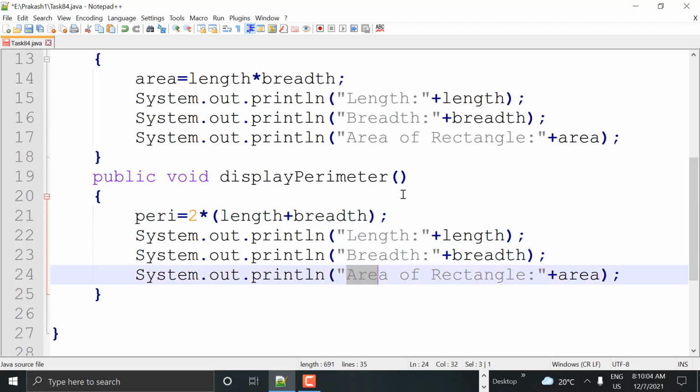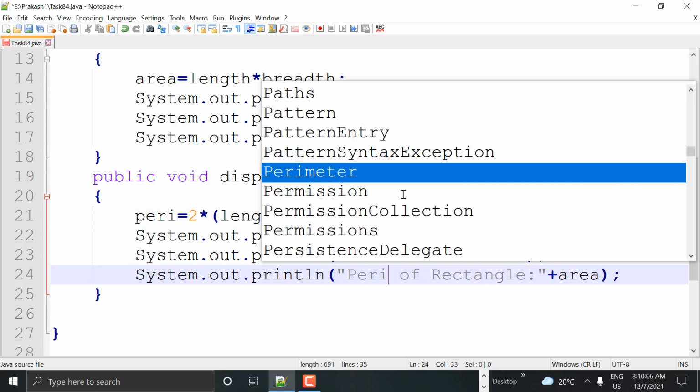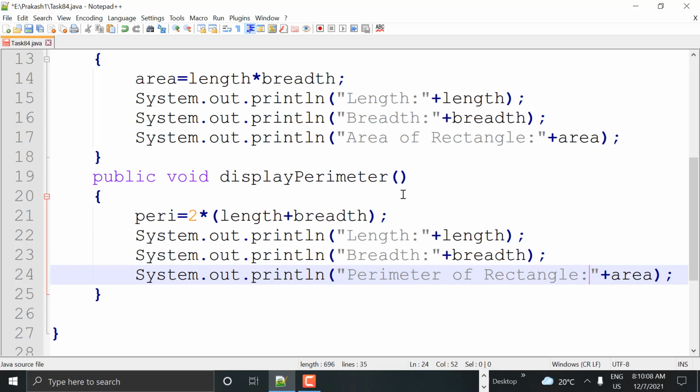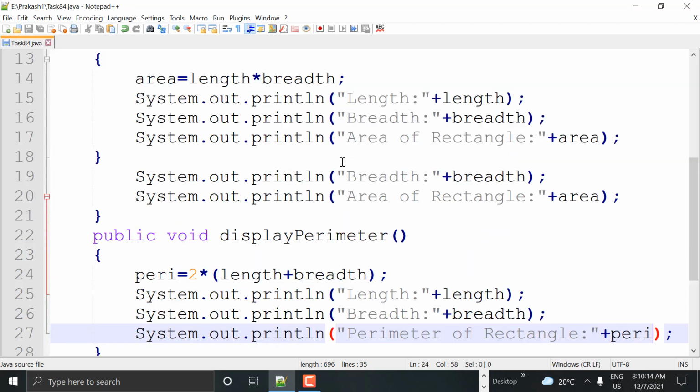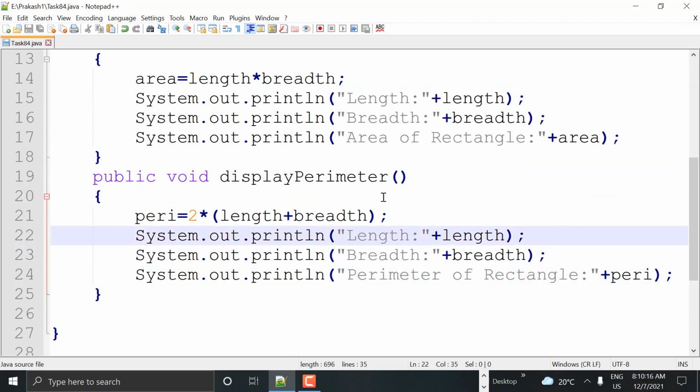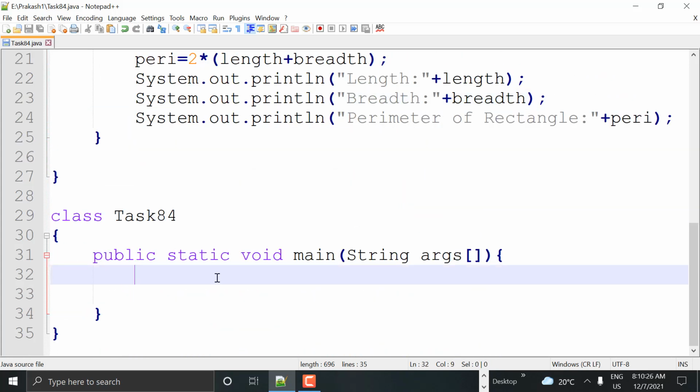And here I'm printing perimeter of rectangle is peri itself. Okay, so in this way we are printing length, breadth and area in displayArea, and displayPerimeter likewise. Now let's get started, guys.